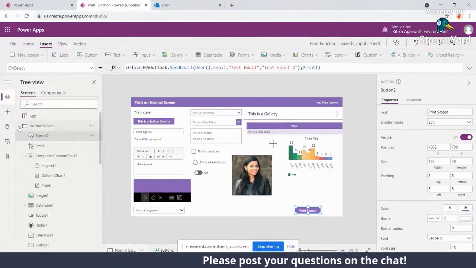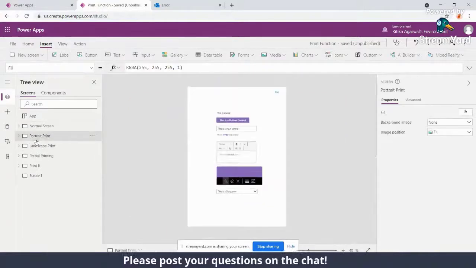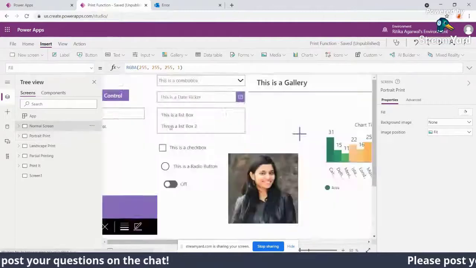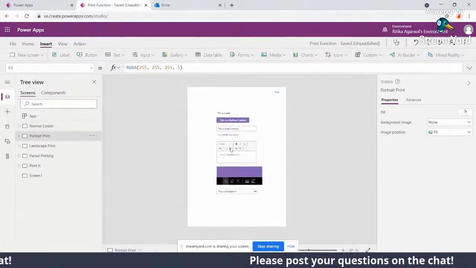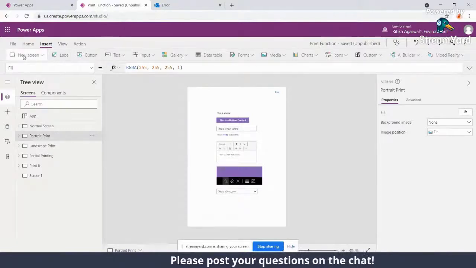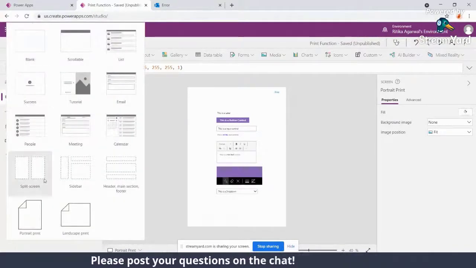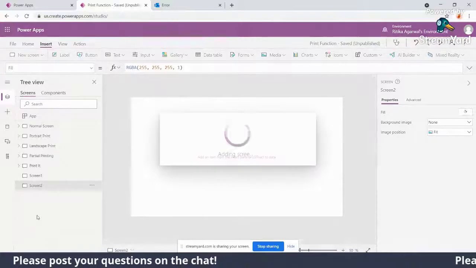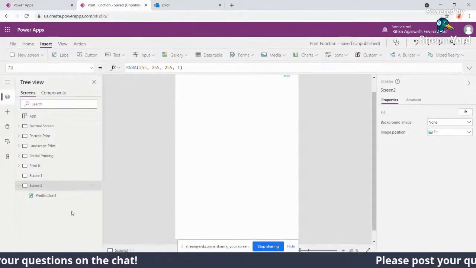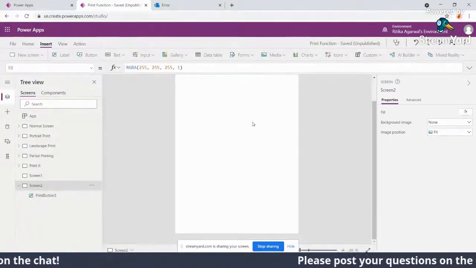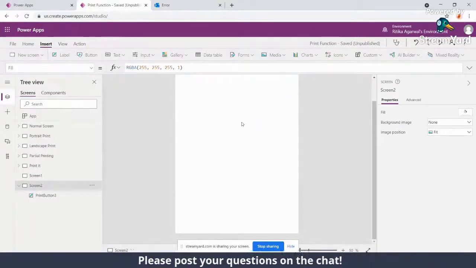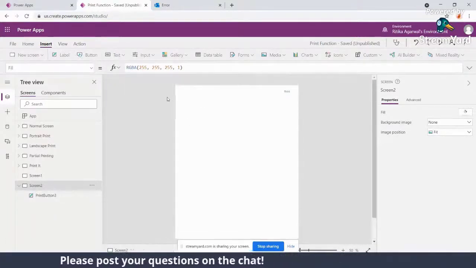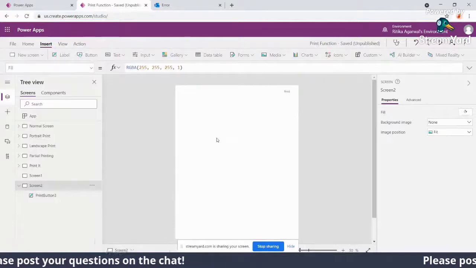Moving forward, we have another type of screen here, like the portrait print, where I have just copied some of the controls from my first screen. And this is the default screen which is available in here, like New screen and then Portrait print. So if I select this one, I just created a new screen. It created a new screen for me in this specific size, as you see here, like a blank white plain canvas.